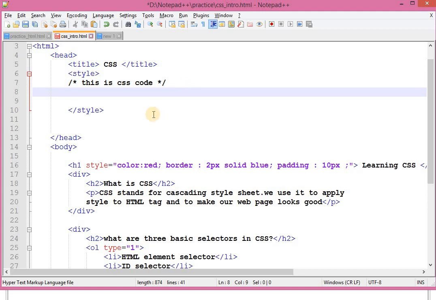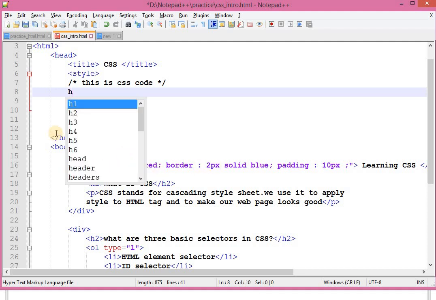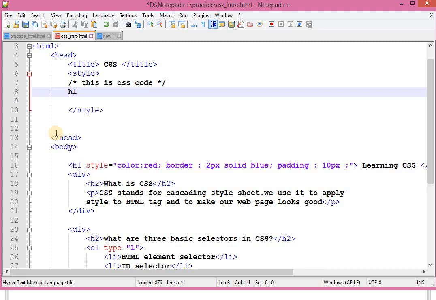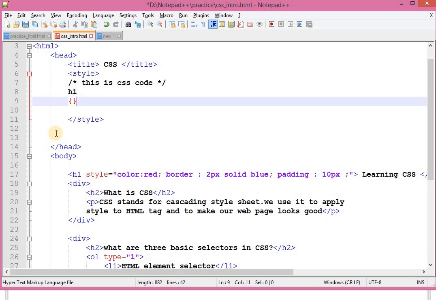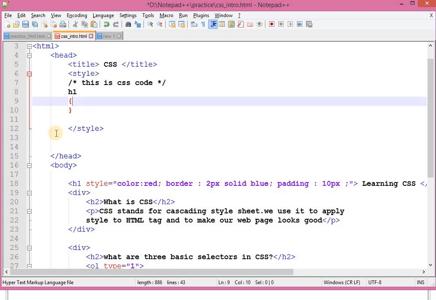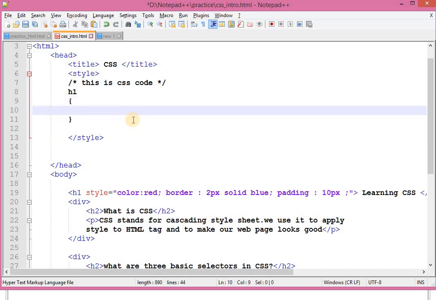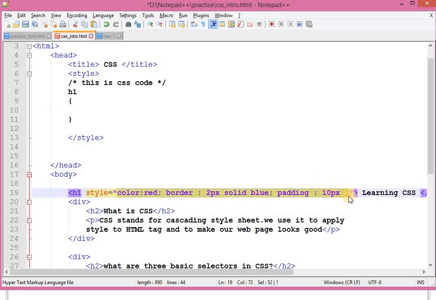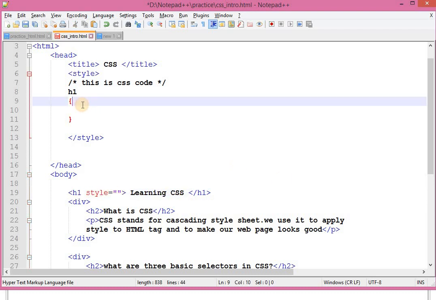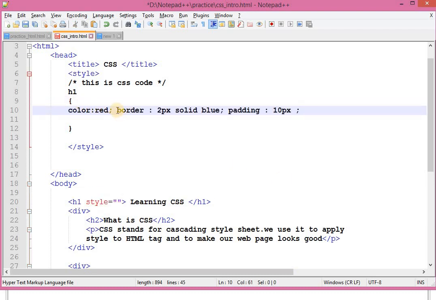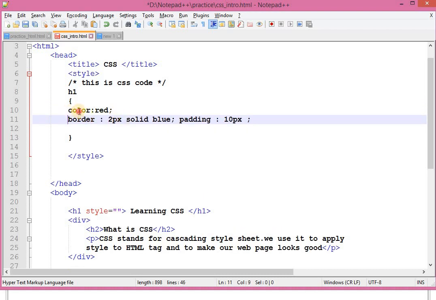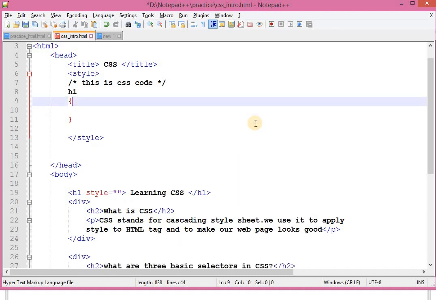Now how can I apply it? For what element do I want to set this property? For h1. So let me write h1. Now to apply style for this HTML tag, within curly braces, whatever property you have set over here, just Control X, Control V. I will write it down itself.